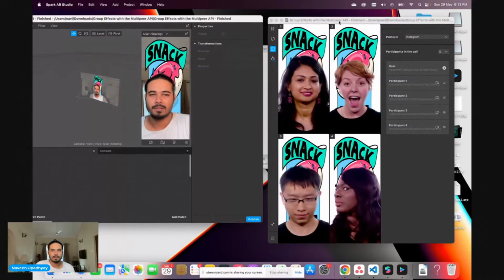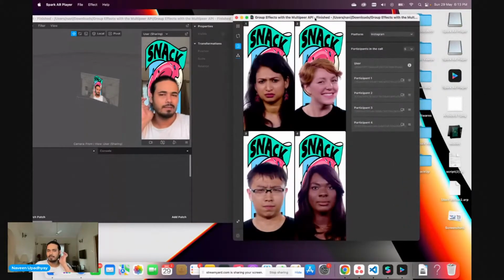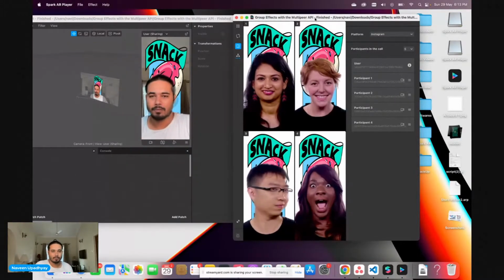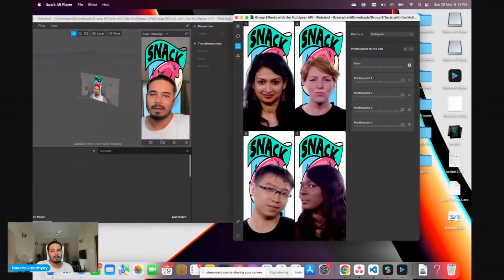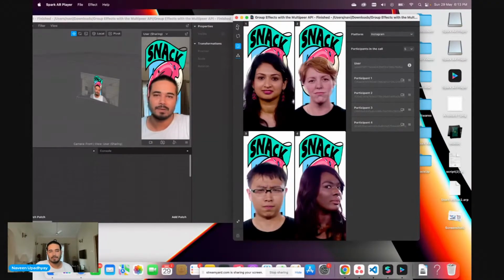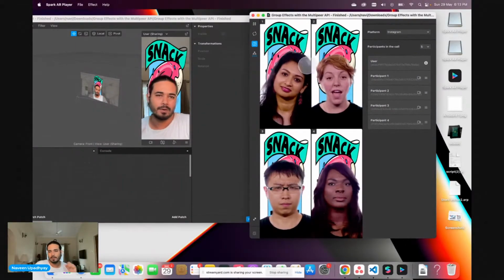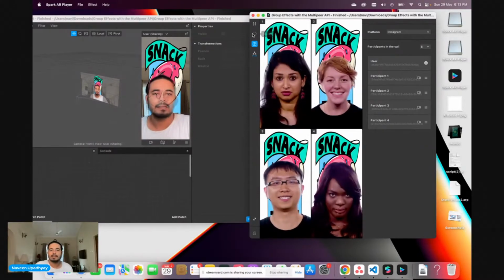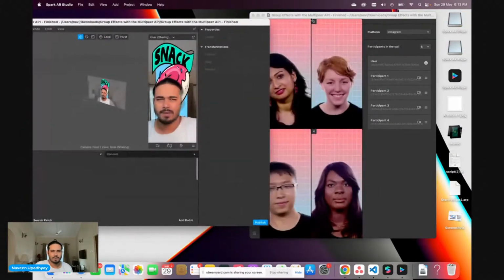Is there any doubt to understand this Spark AR player? I know that this is a new thing that you may not have explored, but just as a testing ground for us, we don't have to do much in here. This is to just pause the effect so that you don't eat up a lot of RAM when you're not using it. So if you're not using the player, you can just pause it and resume it when you're coming back. This is just to restart, similar to what we had here, this pause and restart.